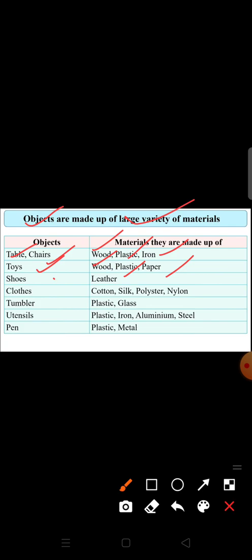Shoes could be made up of leather or plastic. Clothes could be made up of cotton, silk, polyester or nylon. A tumbler could be made up of plastic or glass. Utensils could be made up of plastic, iron, aluminium or steel. And a pen could be made up of plastic or metal.